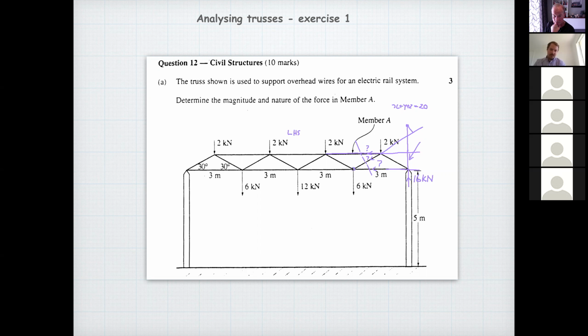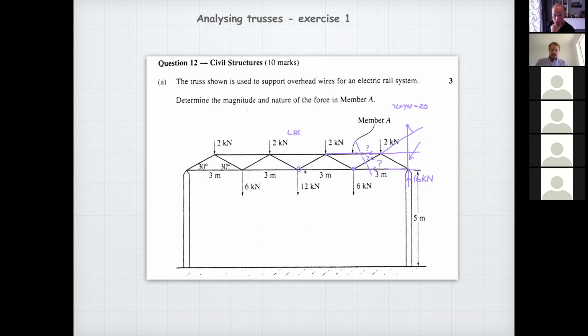So if you take moments about that point, the sum of the moments about that point has to equal 0 because this thing's in equilibrium. And so all you've got is 1 unknown in the equation. And so that's the secret. Now you can take moments about that point,